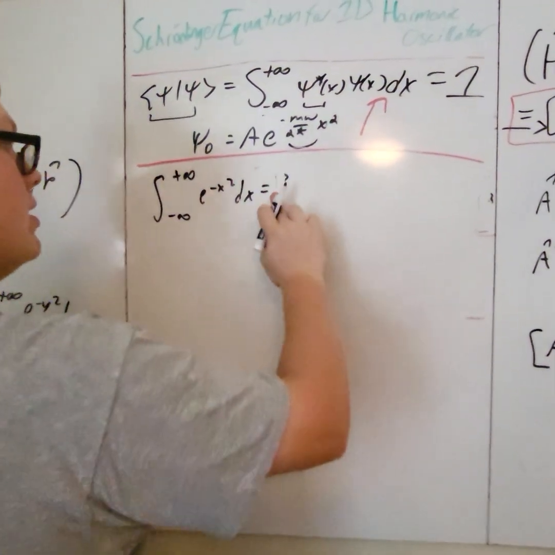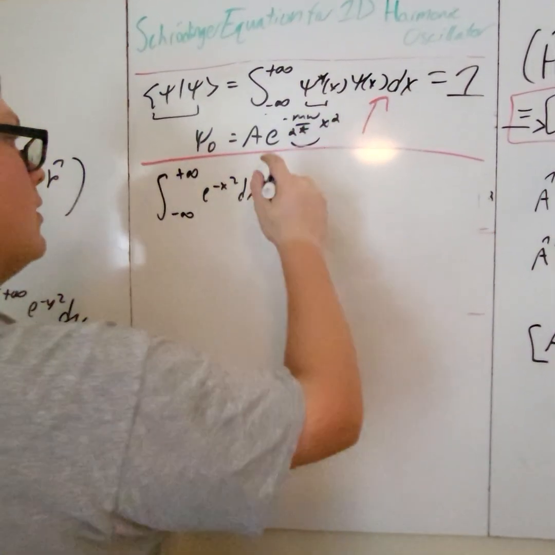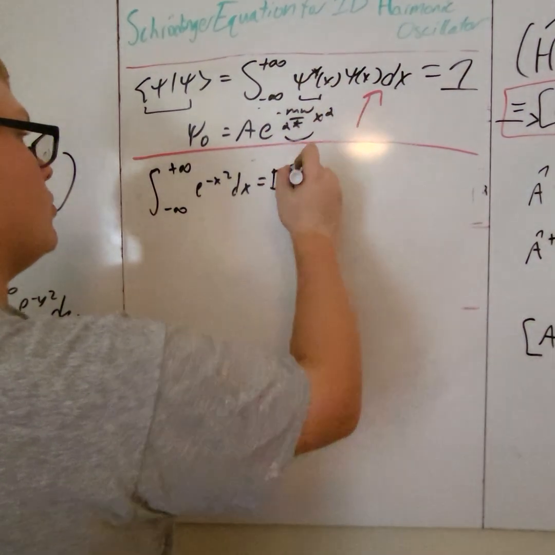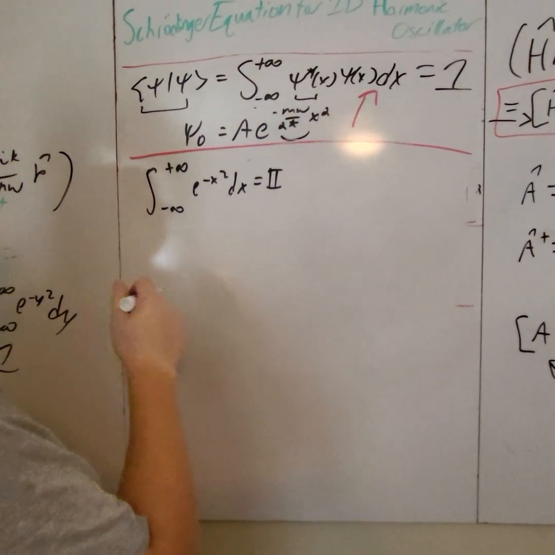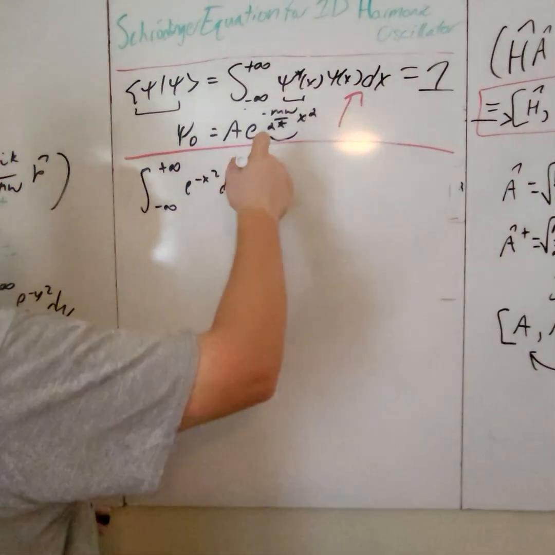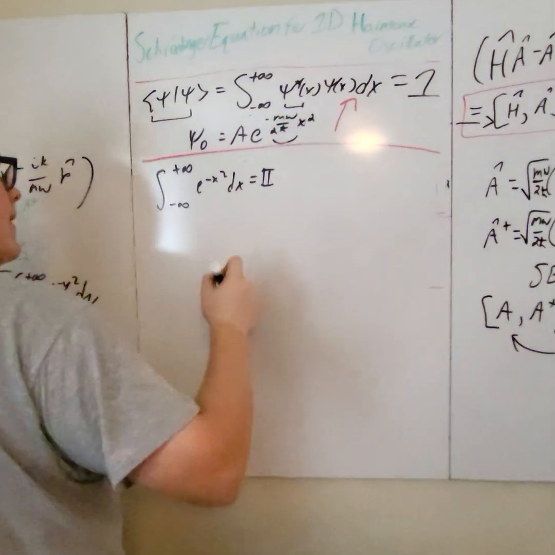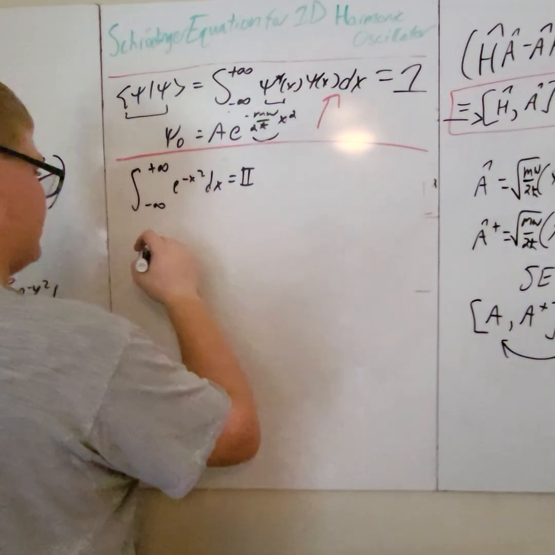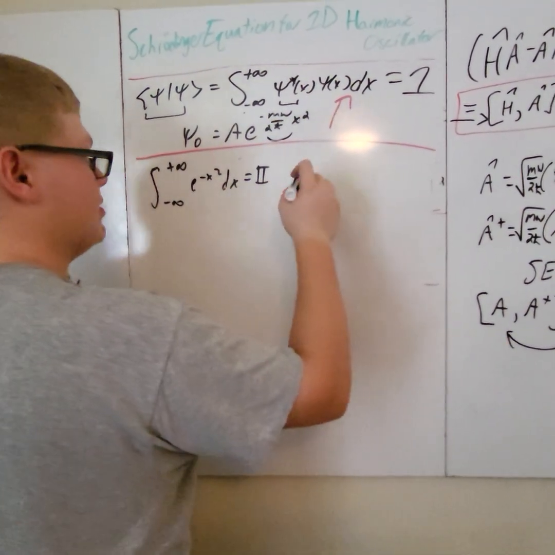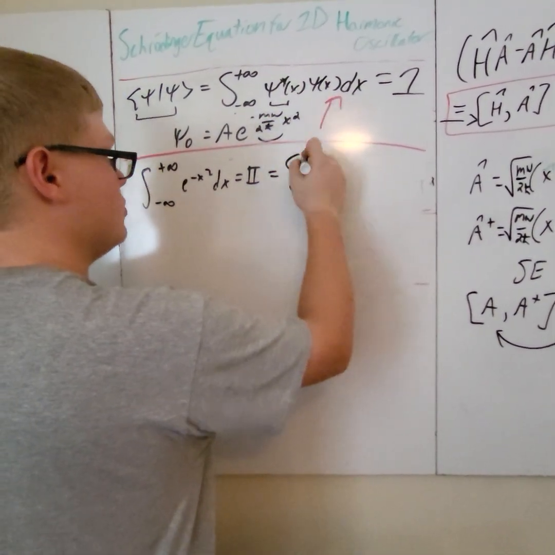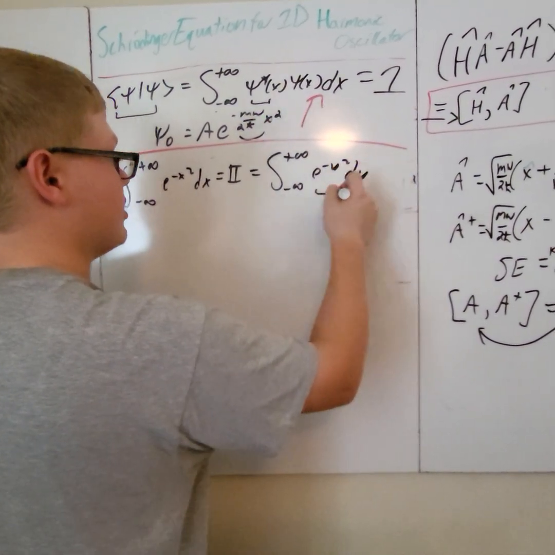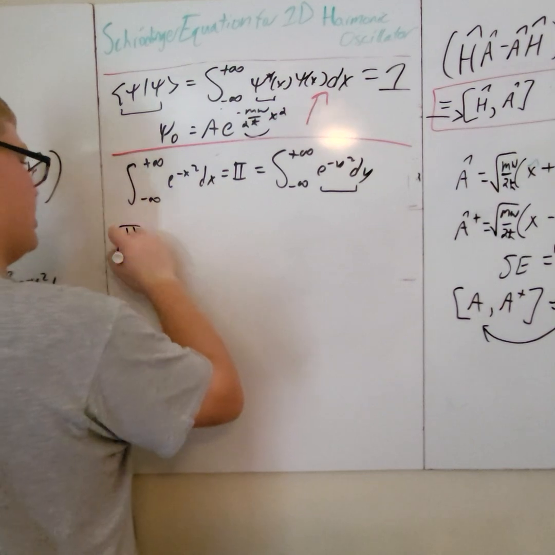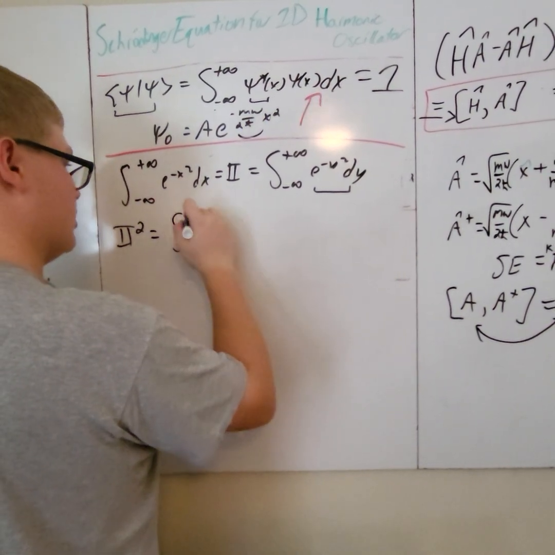We're going to say this integral is equal to I, big I, not the imaginary number i. Well, let's square it and consider that it's equal to, just a change of variables over here. So I squared equals